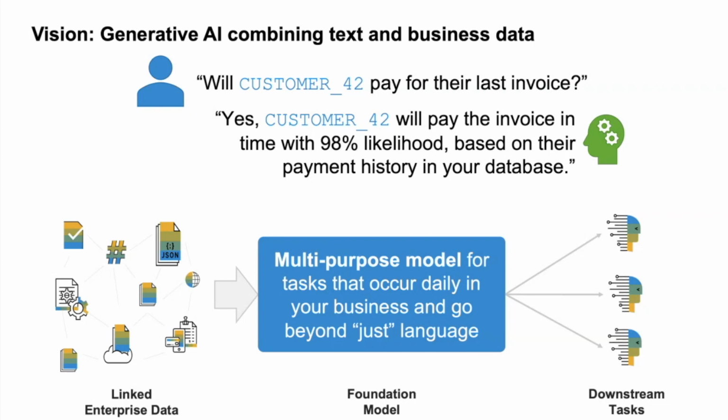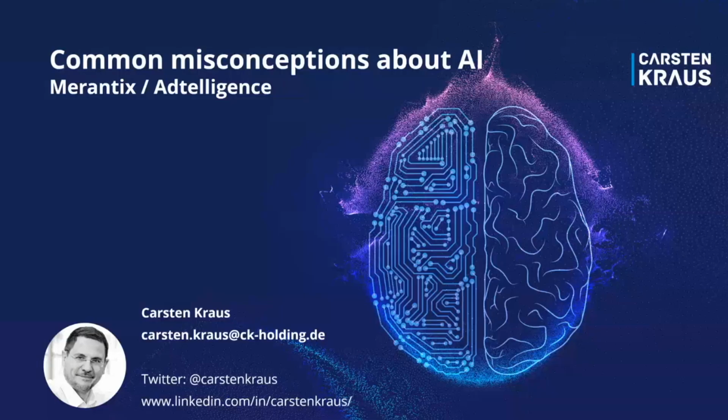And then you can ask questions like, will customer 42 pay their last invoice? And customer 42, of course, being a placeholder for your customer ID or even the name of your customer. And the text part will understand that, right? And then the foundation model on structured data and text will answer the question that the customer will pay the invoice in time with 98% likelihood based on their payment history in your database, right? It's not coming out of the text model, but really out of the